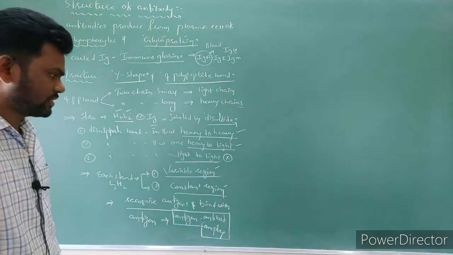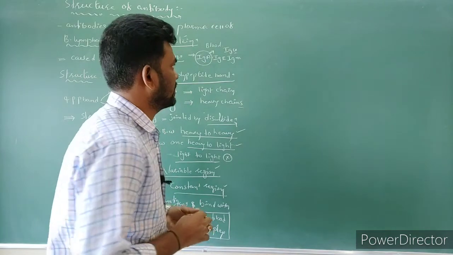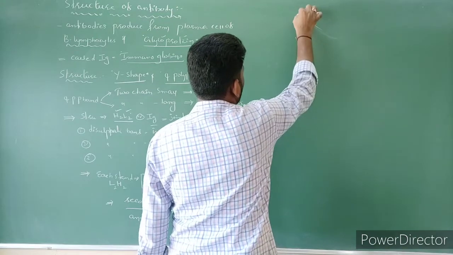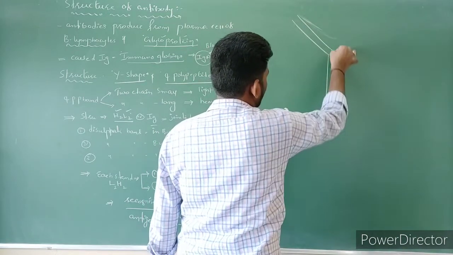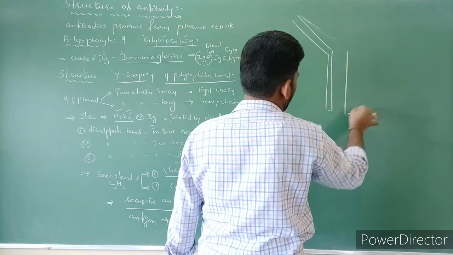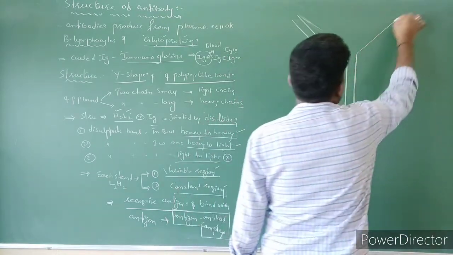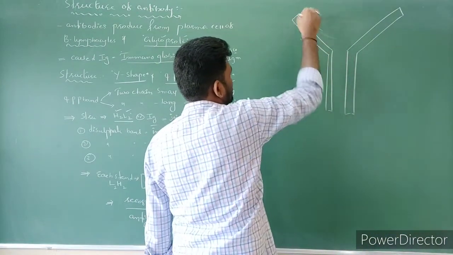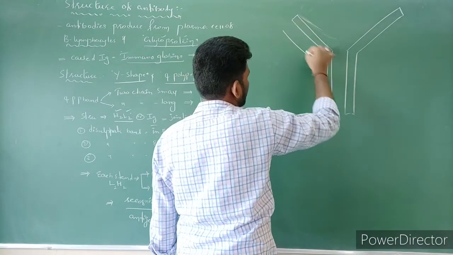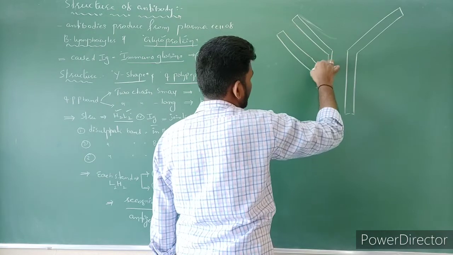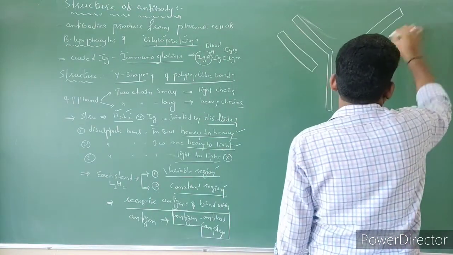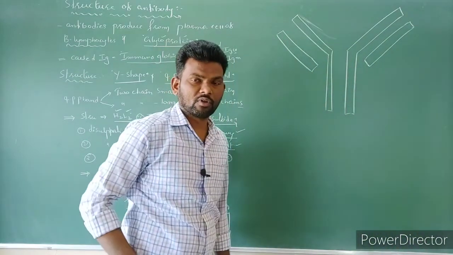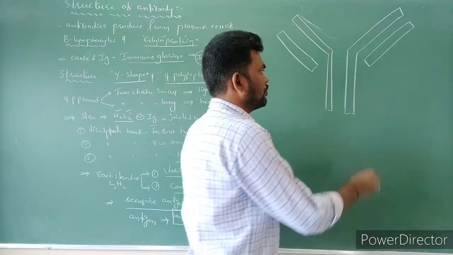Antigen antibody complex is formed. Let's see the structure, for example. One more chain here. These are two long heavy chains. This is a Y-shaped antibody structure with 4 polypeptide chains. Out of the 4 polypeptide chains, this